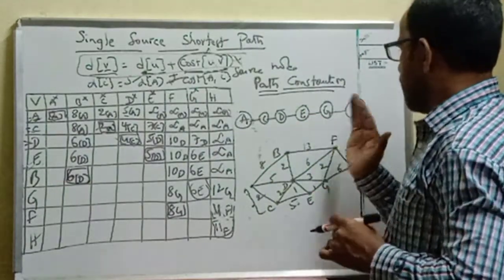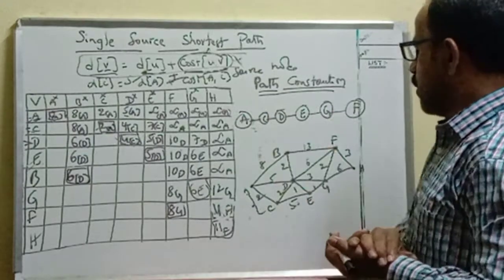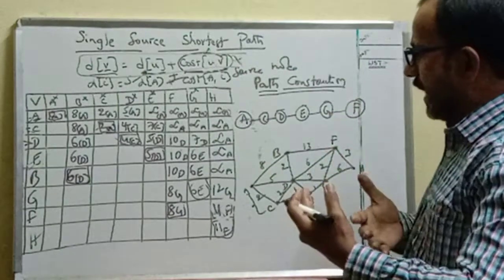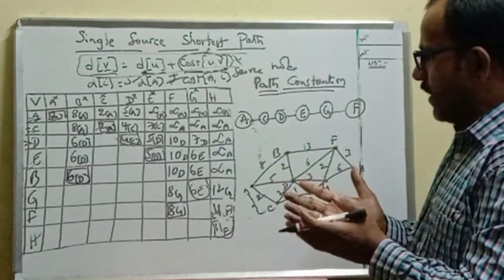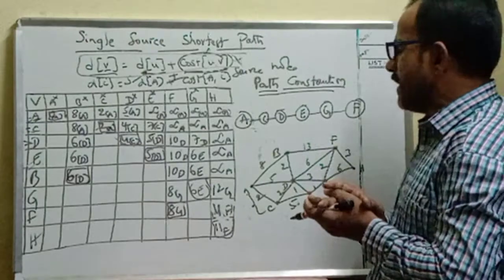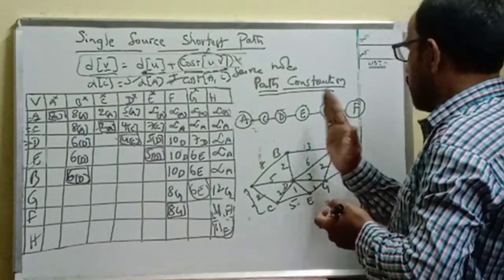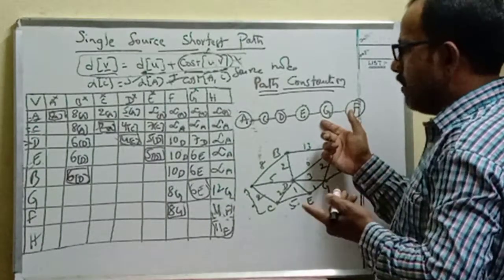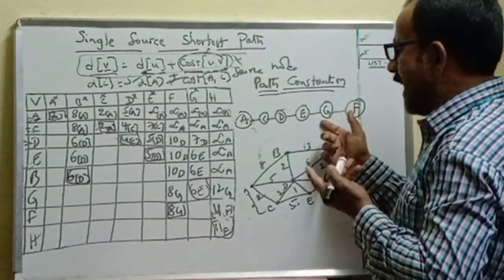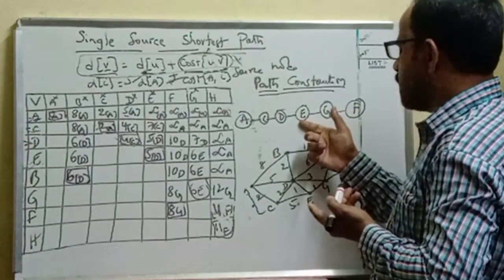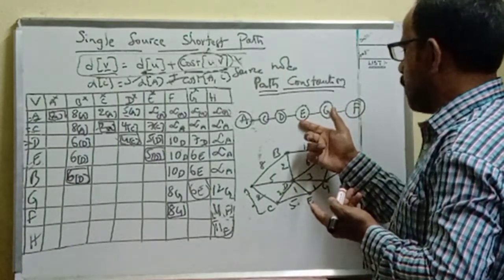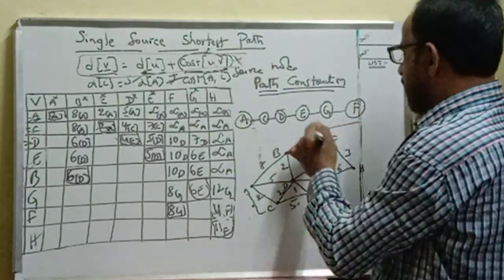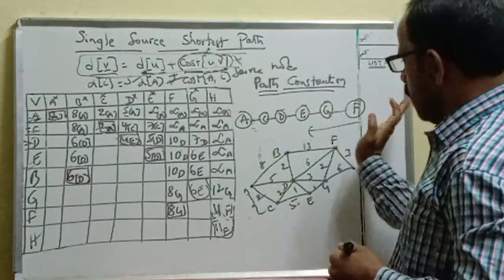Just go back. Generally, a path is constructed from the target to the source node just by considering the respective row, selecting the minimum number, and identifying which node value is represented, and that particular node name is treated as an intermediate node. Then we treat it as the previous node before reaching F. Again, go to the Z row and select the minimum number and identify which node name is represented as subscript and take it as the next previous node. So like this, construct the path from target to source. Generally, we start with the target until reaching the source node. Until identifying the source node, we are supposed to construct it.